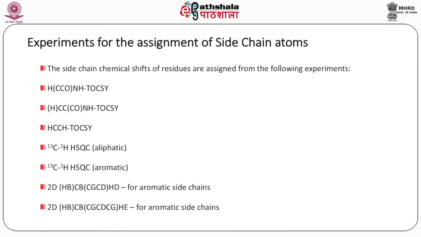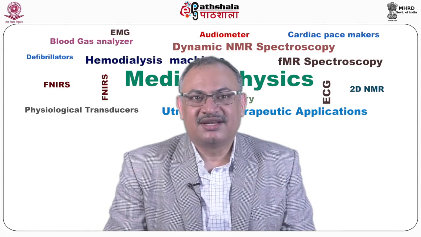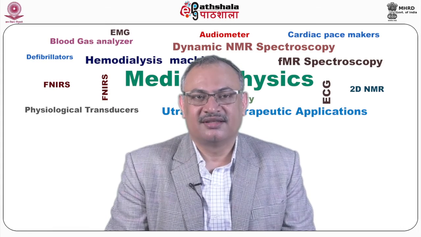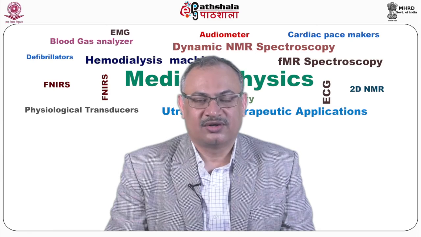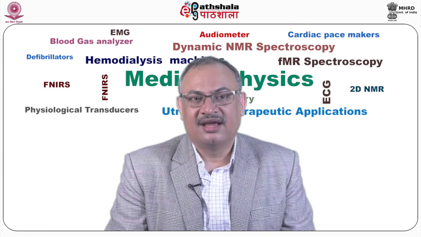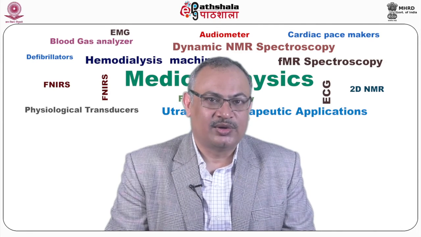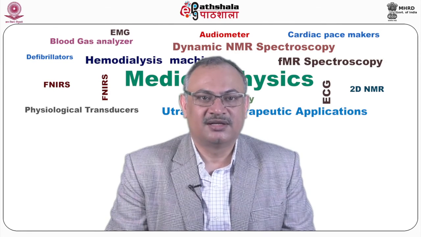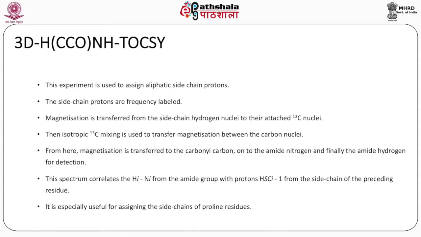Let me explain this a little. As I mentioned earlier, whatever atoms are mentioned inside the brackets, their chemical shifts are not recorded, they are not labeled. So, when we have the HCCONH-TOCSY experiment, we are labeling only the proton of the side chain, and when we have the (H)CCCONH-TOCSY experiment, we are labeling the carbon chemical shifts, and we will learn about these experiments individually in the following slides. Let us start with the 3D